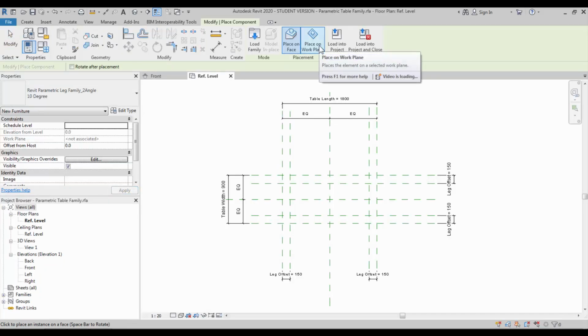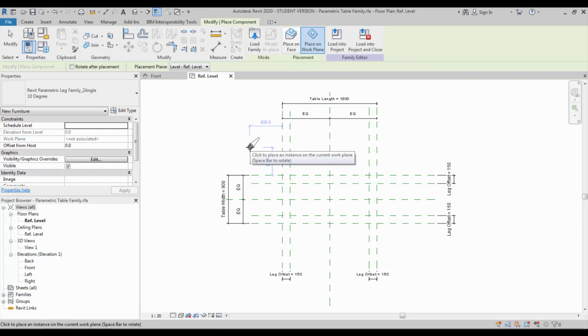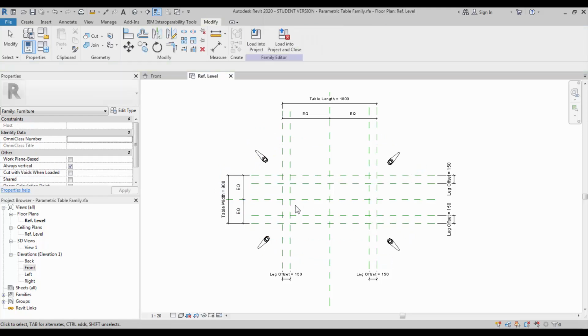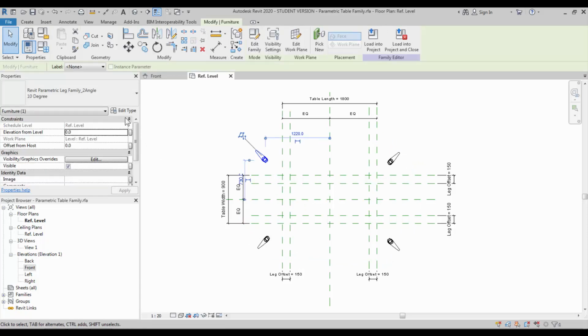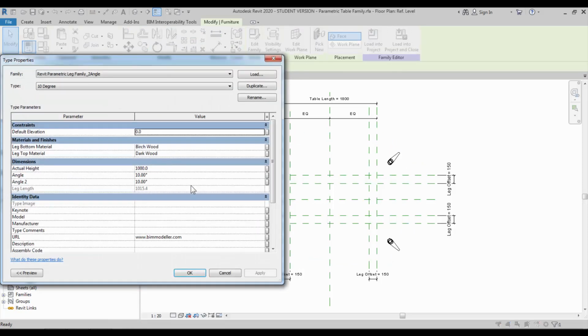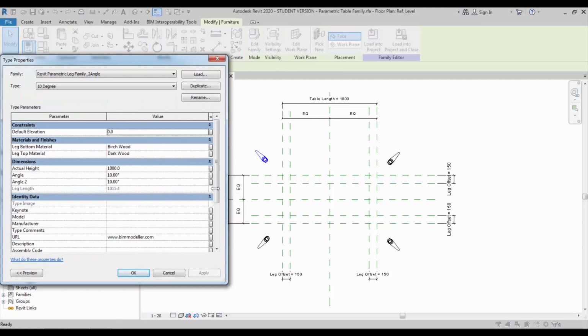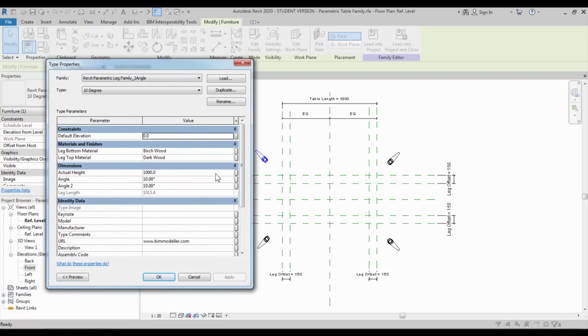Place it on the level. Use the space bar to rotate it. Place it around all the corners. Later we can do an align. Use the align command AL. Change their type values.